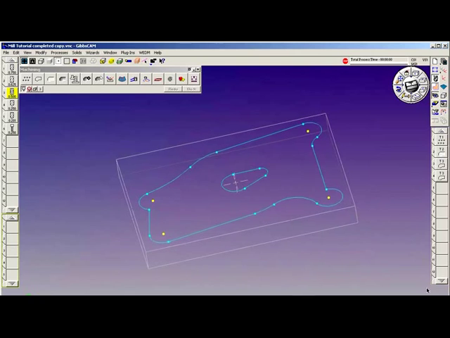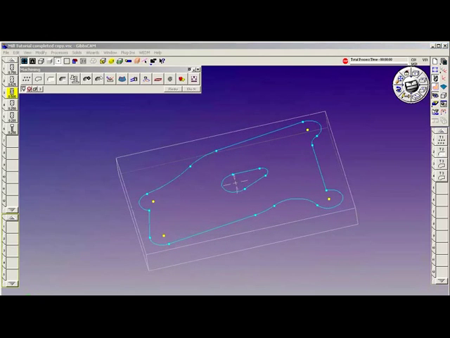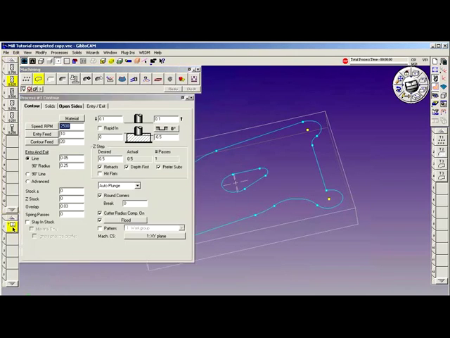I'm going to do the OD of the part now. This is going to be a contour cut with tool number 2. Bring down tool number 2, contour process, and feeds and speeds are good, entry and exit moves are good. Stock, I'm going to leave